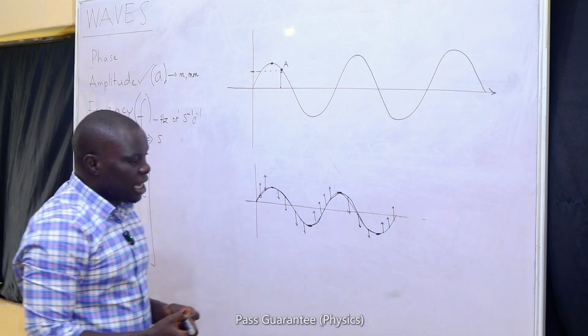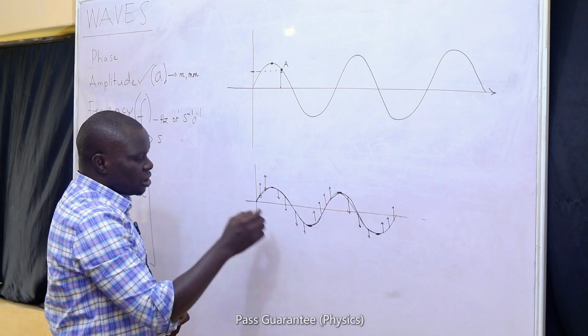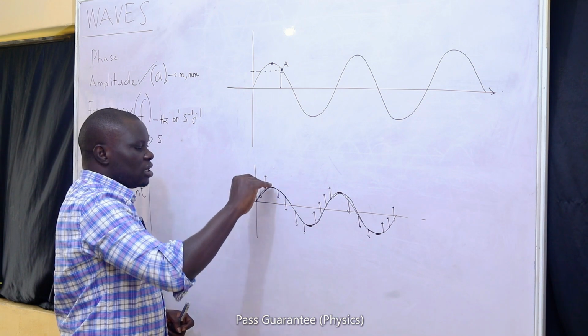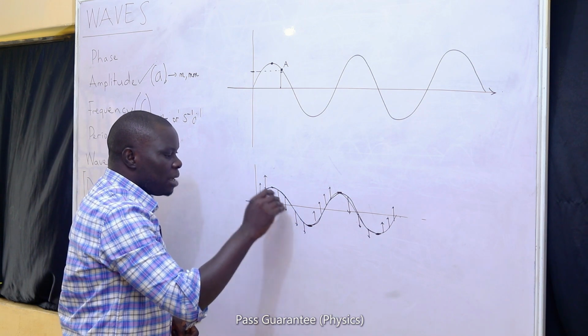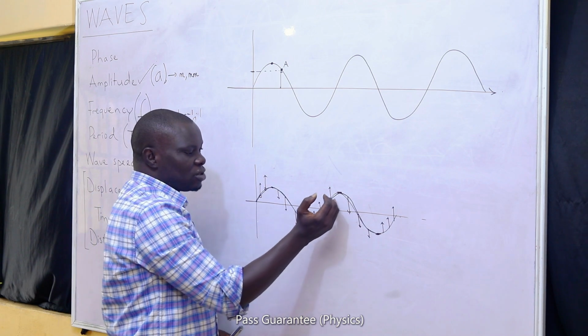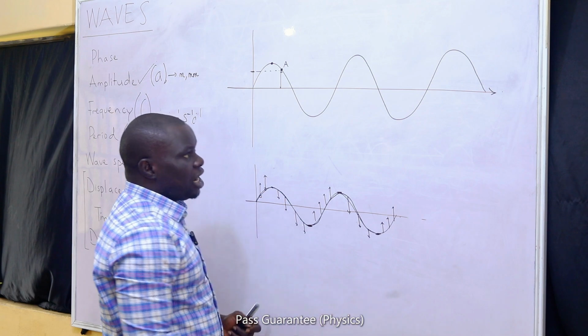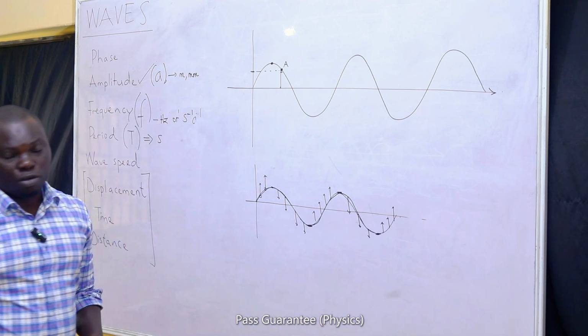So it's just like a man trying to move down a series of valleys and hills. As you are climbing the hill, you are moving upward. As you are descending, you are moving downward. As you are ascending again back to the hill, you are moving upward. As you are descending to the valley, you are moving down. That is how we get the direction of every single point on the wave.